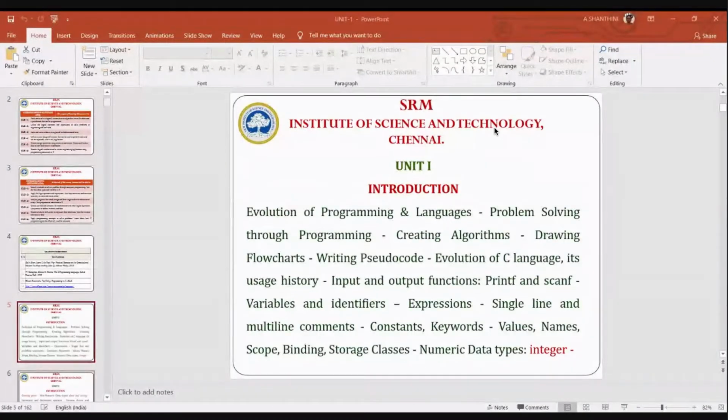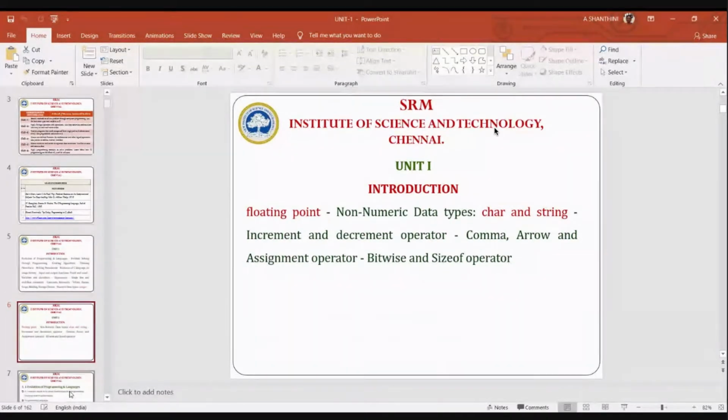Okay, so coming to unit 1. In unit 1 we will be seeing about the evolution of programming language, how to write your algorithms, how to draw the flow chart, how to write the pseudocode, and the structure of the C program, which I have given you as a basic idea, and what are the things that need to be incorporated inside your writing of your C program. Okay, data types, and these are all the things that we will be seeing in our first unit.